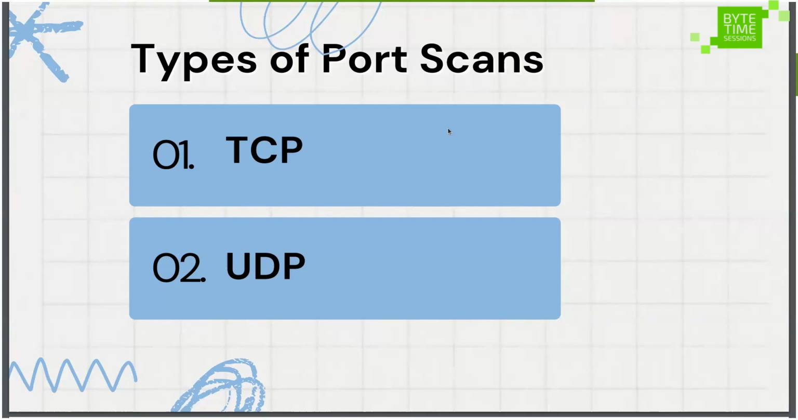Now, if you've used Nmap or any port scanning tool before, there are two modes of port scanning. You can either do a TCP scan or a UDP scan. These two are really different. They are both communication protocols, but they work differently. With TCP,